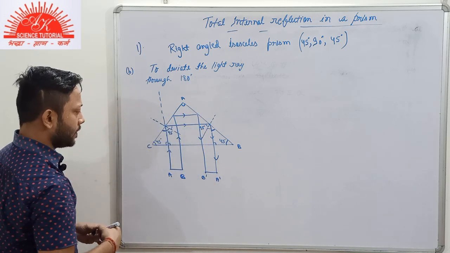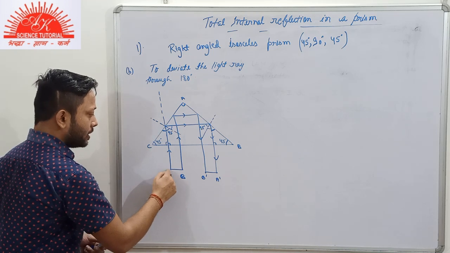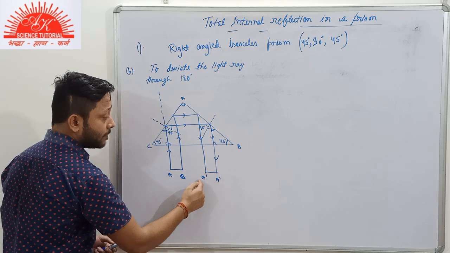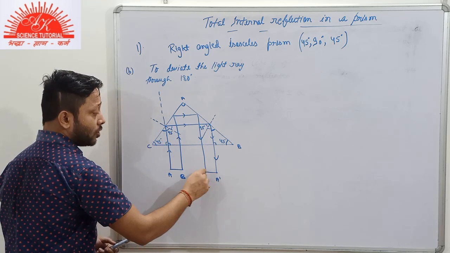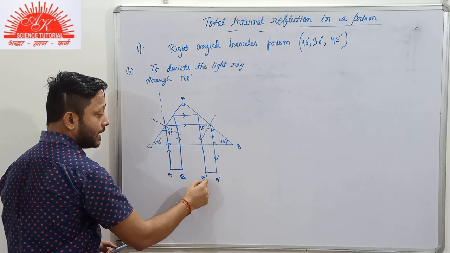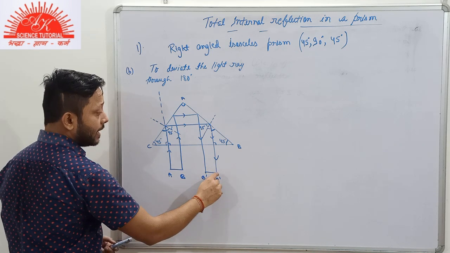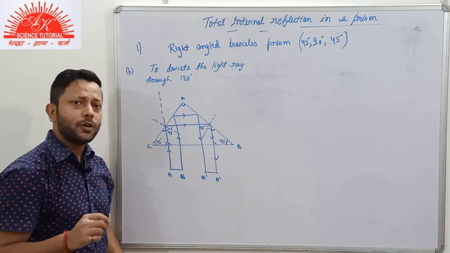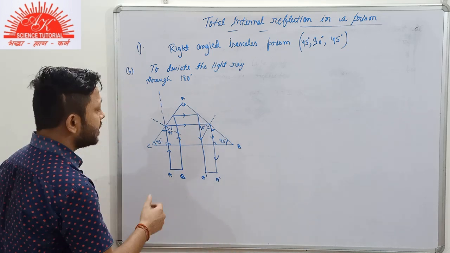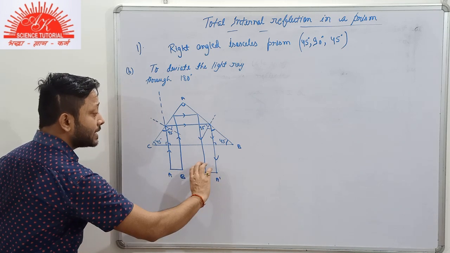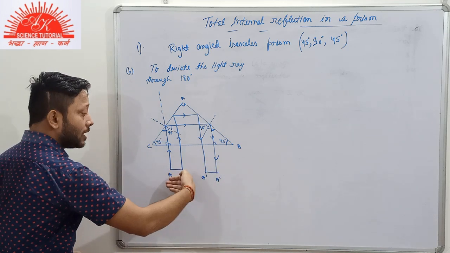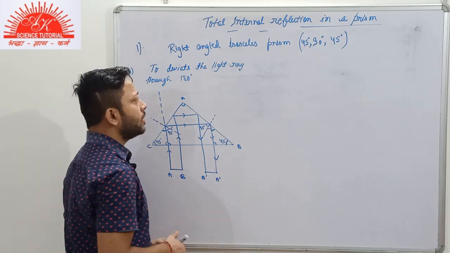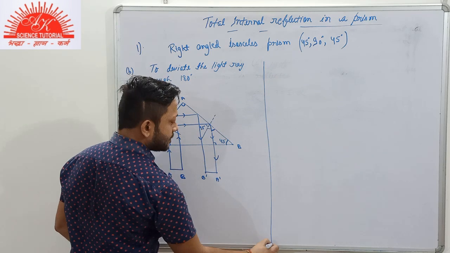As you can see here, the A was on the left hand side and B was on the right hand side. But in the image formation, the B dash, that is the image, is formed on the left hand side, and the image of A, that is A dash, is formed on the right hand side. So you already know about lateral inversion. So here the image of the object is laterally inverted. That was on the left becomes the right, that was on the right becomes the left. It's very simple.